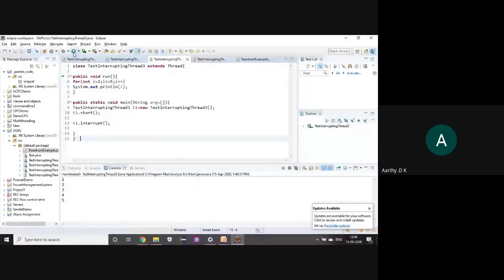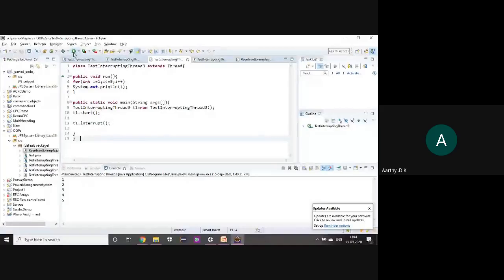Second, you can interrupt a thread which is in sleep, and you can continue the execution of the thread. And third, you can interrupt a thread which is neither sleeping nor in a wait state, and you are just setting the interrupt flag to true. That is the case here.